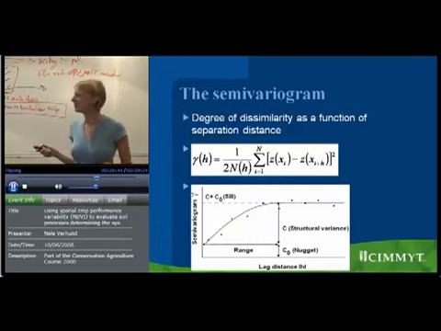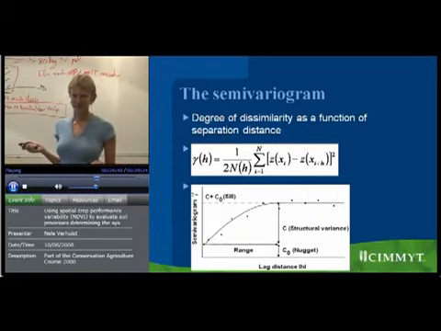More or less. So the easiest way to remember it is the degree of dissimilarity as a function of separation distance. If you've got spatial dependence in your data, points closer together will be more alike and have a smaller variance than points further apart, until you reach your population variance. If you don't have any spatial dependence in your data, you will just have this at your population variance. Okay, so